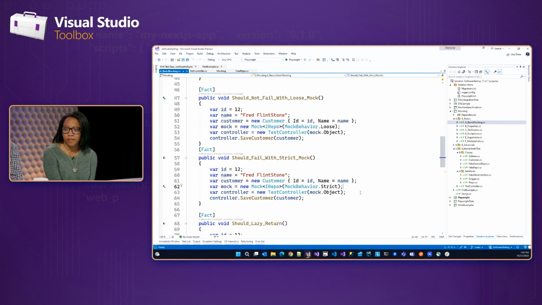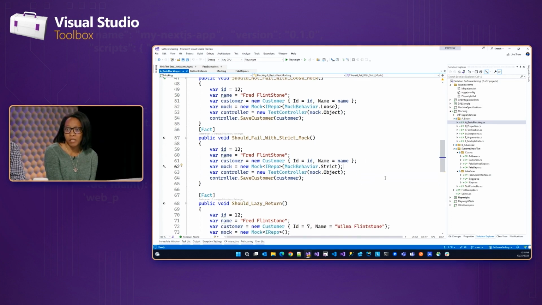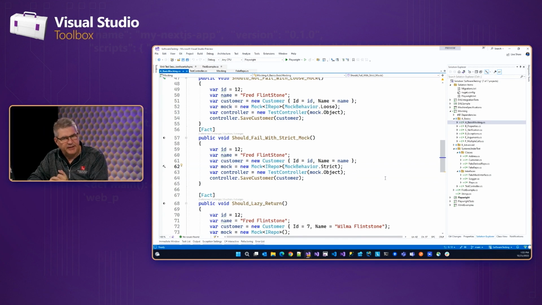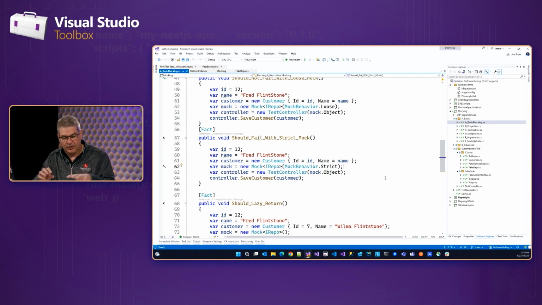So if it wasn't explicitly defined, it'll call you out on it, basically. Absolutely. So is there a reason why you might want to use a loose mock at all? It depends on your testing strategy. Honestly, I'm making this up because we always use strict mocks, so I don't really have a good excuse to use a loose mock. But if you're doing laser-focused testing and you don't care about the peripheral, like it's just blurry and all I care about is this thing, then using a strict mock might add noise to your test and cause it to fail when all you really cared about was this.